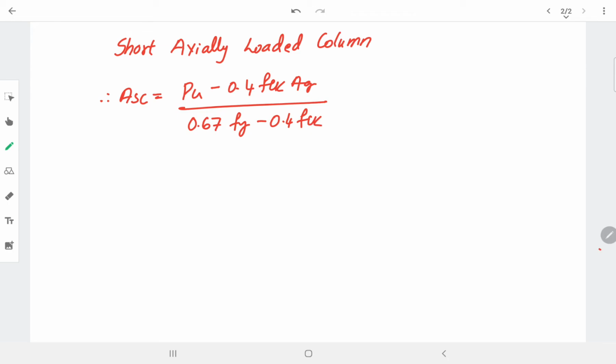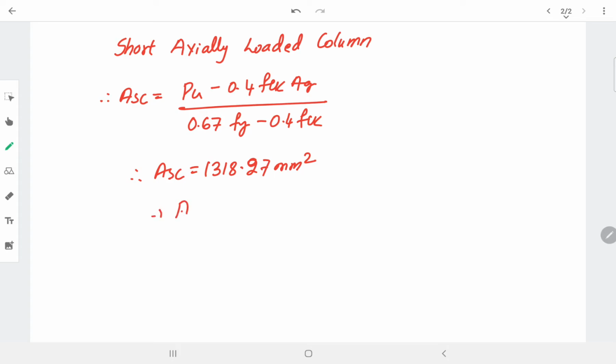I am using the equation given in IS 456, that is Pu is equal to 0.4 fck Ag plus 0.67 fy Asc. I have modified it, and whatever the value of Asc is there I brought here. The same equation I am using here. When you solve this, you will be getting the value of Asc equal to 1318.27 mm square.